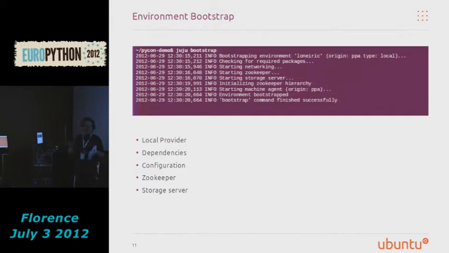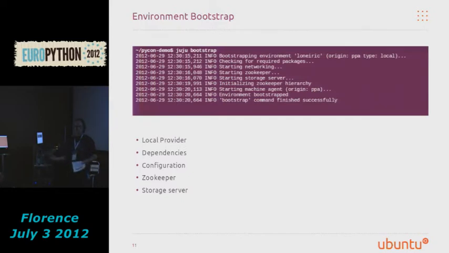In the case of the local provider, which this example was done on, it checks that the required dependencies are installed to support executing the local provider locally. So that includes, we use Apache Zookeeper for coordination across the deployed Juju environments. So it checks that that's installed and can be initialized and started.